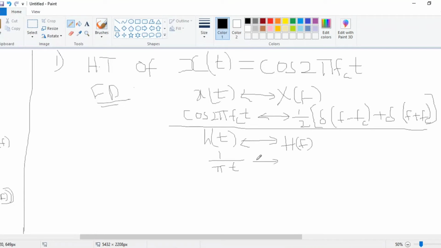That should get multiplied with what? Minus j signum of f. Right? Okay, so now what do I need to do? First I need to get x cap of t, x cap of f. You know that x cap of t is nothing but x of t convolved with 1/(πt),